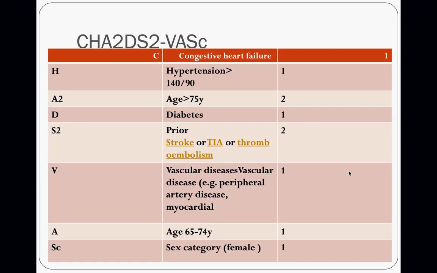75, or by history he has diabetes, or prior stroke, or thromboembolism, or even vascular disease like peripheral artery disease, or his age is 65 to 74 years, or his gender, and we give 1 to 2 points for every parameter as in this table. The CHA2DS2-VASc, next slide,